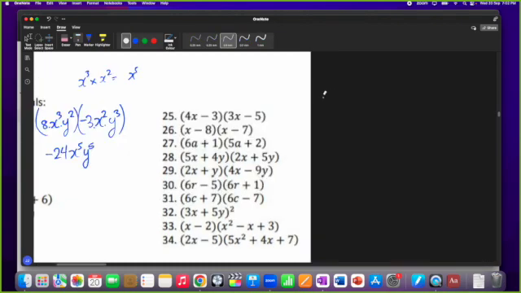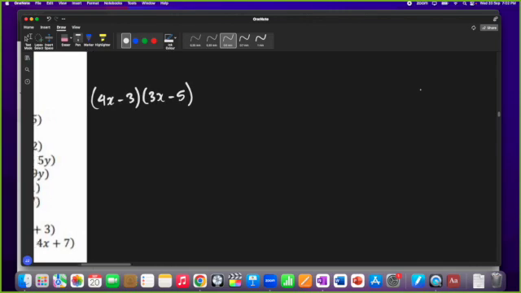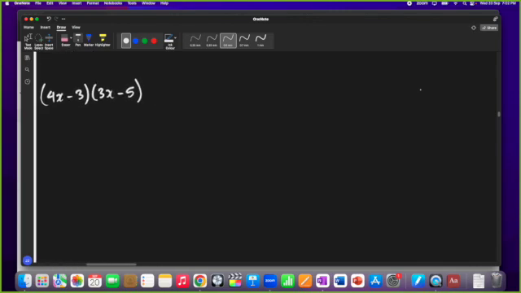Something like 4x minus 3, and then you have 3x minus 5. There are 2 ways to think about doing something like this. 2 ways, right? So the first way,